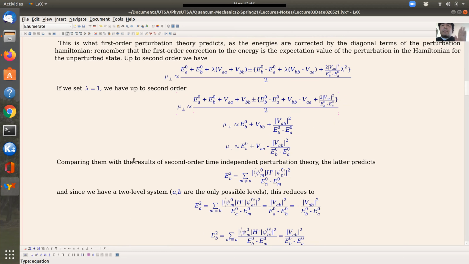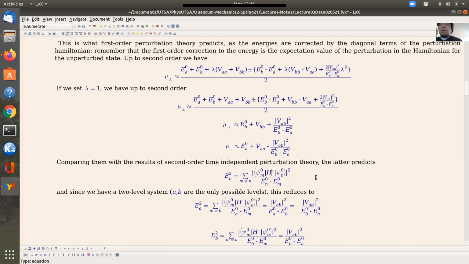So, comparing this with the results of second order time independent perturbation theory, we remember that this predicted that the second order correction to the energies are the sum over all states different to the one that we're caring about of basically this matrix element term squared for the H prime divided by E0n